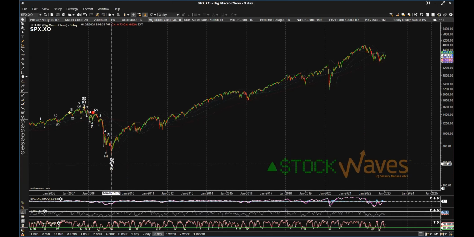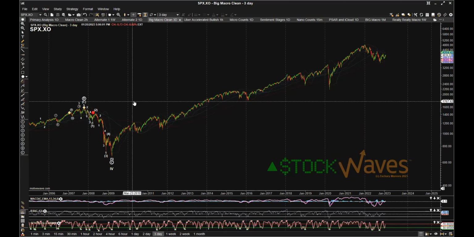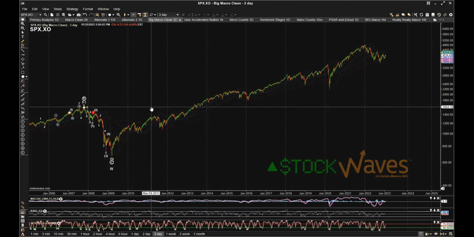And you could keep zooming out, if you have the data that goes all the way back to the 1700s to the very beginning of the New York Stock Exchange. But for the most part, for what's applicable to traders, it doesn't make sense to go that far. But I do think that it's important to have a really strong context of where you are at a larger degree, because it does affect the risk reward. So while Elliott wave is fractal and you can zoom into a micro chart and look at 5 minutes and trade off of that,